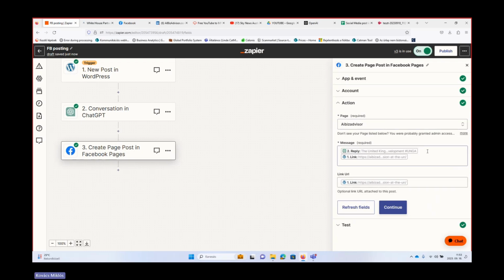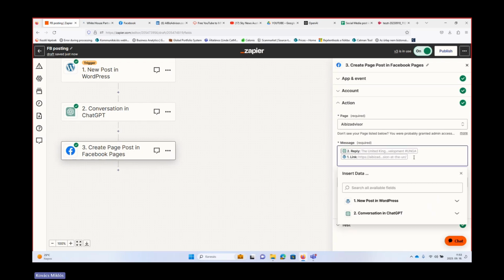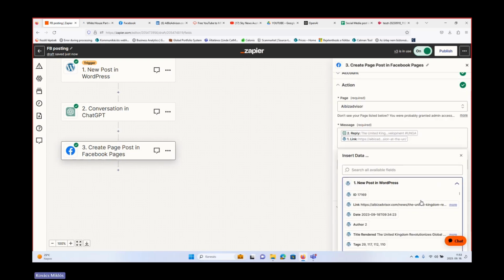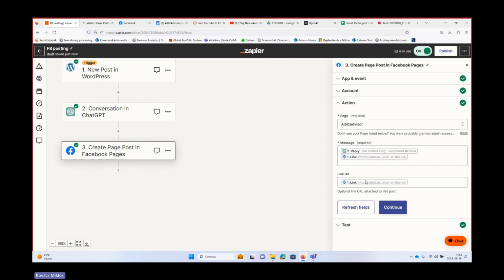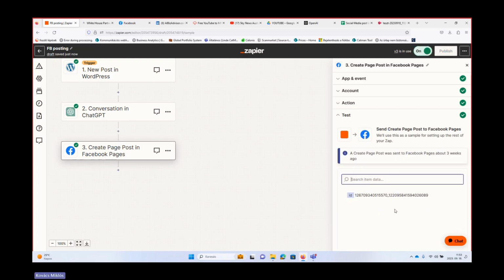And then basically the logic will be the following. We will use the reply from step 2. So basically this is the text that we're going to share, and below we paste the link from the WordPress link, the post link, right? And you also paste this link here to the link URL, and that's it. And if we continue,